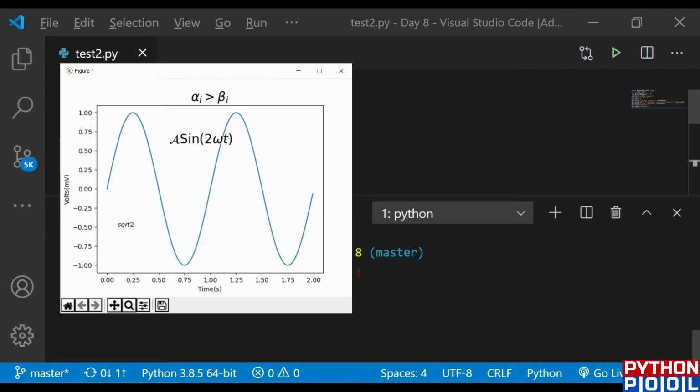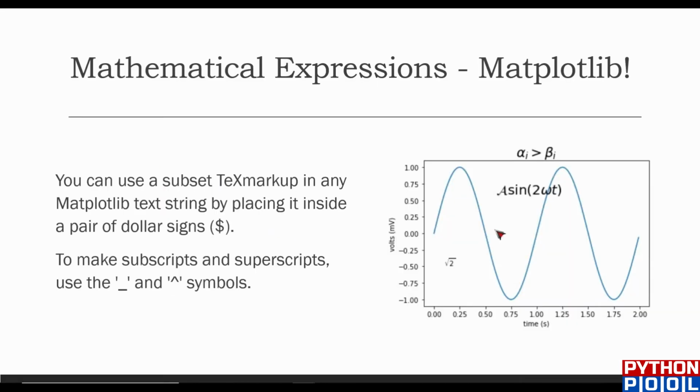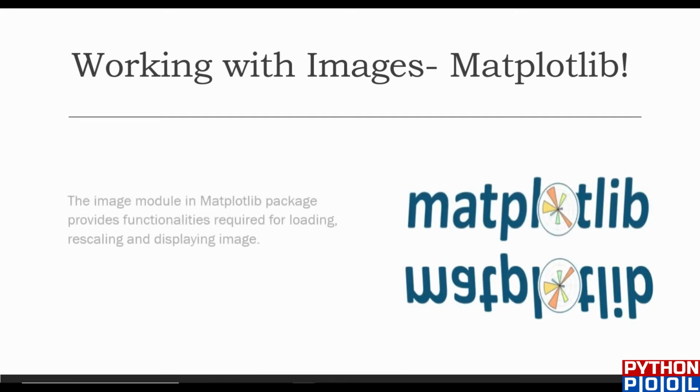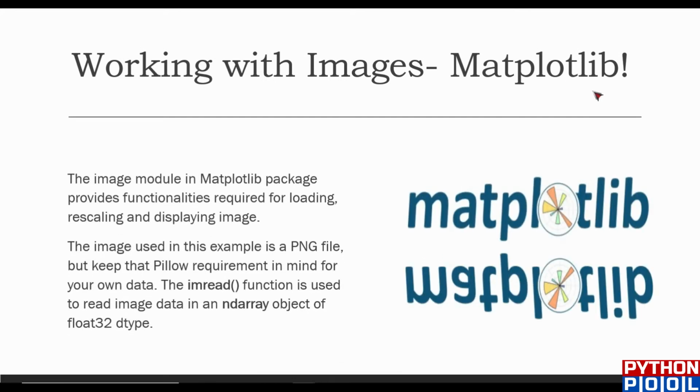And yes, you could see it runs perfectly fine, just as we saw in the presentation. Now, after seeing the mathematical expressions in Matplotlib, we are proceeding to images in Matplotlib. What we are going to do is give a single image to Python and demand, hey Python, print the mirror image or save the mirror image of the given image. That's a pretty easy program for Matplotlib. It just requires 3 to 4 lines, and boom, your work is done. So let's see how we could define the program for these types of images.